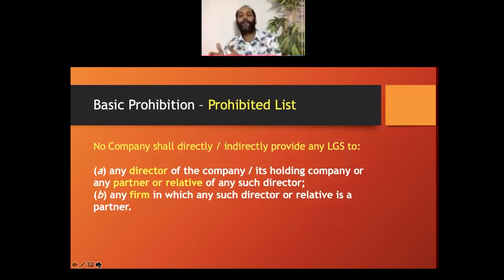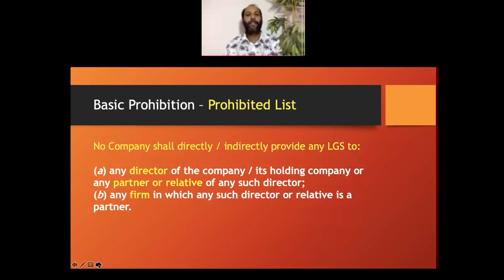Or to their relative. So this is the first category. I repeat again, you can't give any loan, security or guarantee to your own company's director, your holding company's director, or such director's partner or relative. So exclusively the ordinary directors category has been excluded: not your company's director, not holding company's director, not his partner,